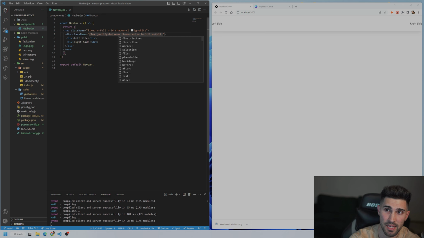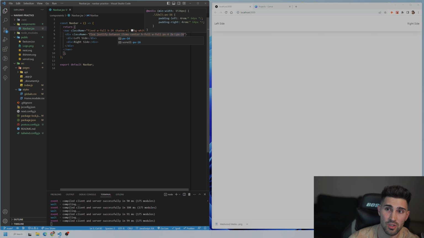After that, we're going to need padding because it's right up against the left and right sides. So we need a px of 2, so it gives a little padding on there. We could actually do px of 4. And then on 2XL screens, we could do a px of 16. And 2XL screens is doing a media query